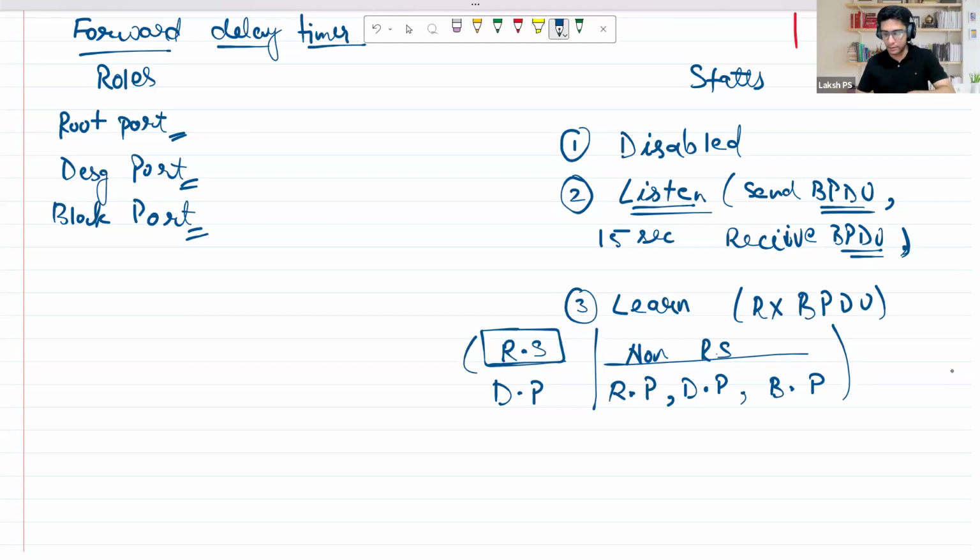If a lower MAC address BPDU is received, that means it's no more a root switch. It becomes a non-root switch. Then it needs to make the decision which of the interfaces will be a root port, designated port, block port, etc. And in this state also, it remains for 15 seconds. Once this 15 seconds has elapsed,